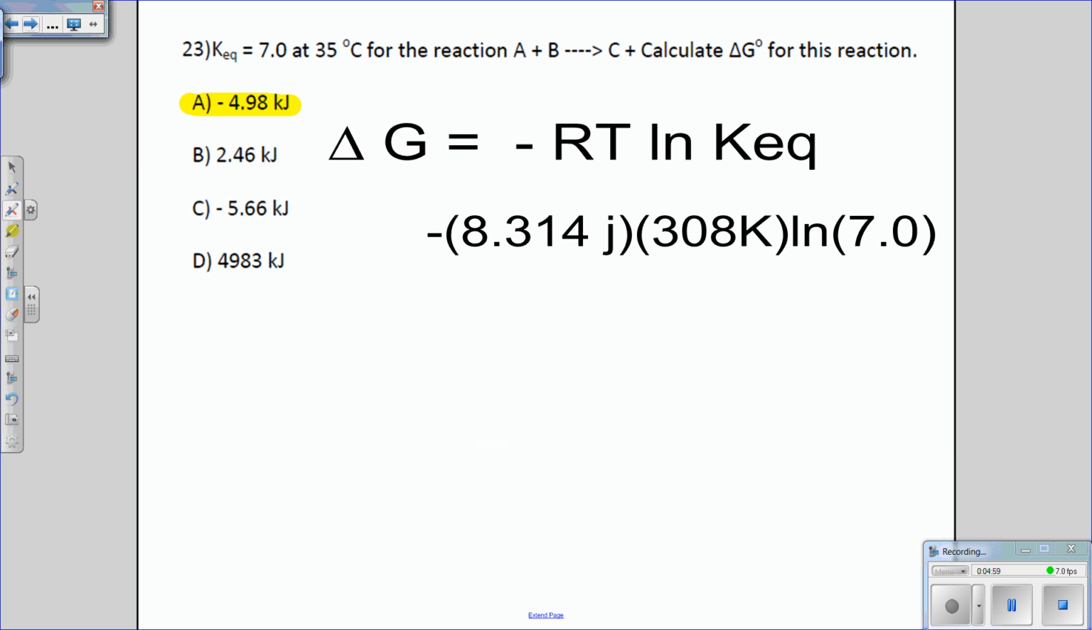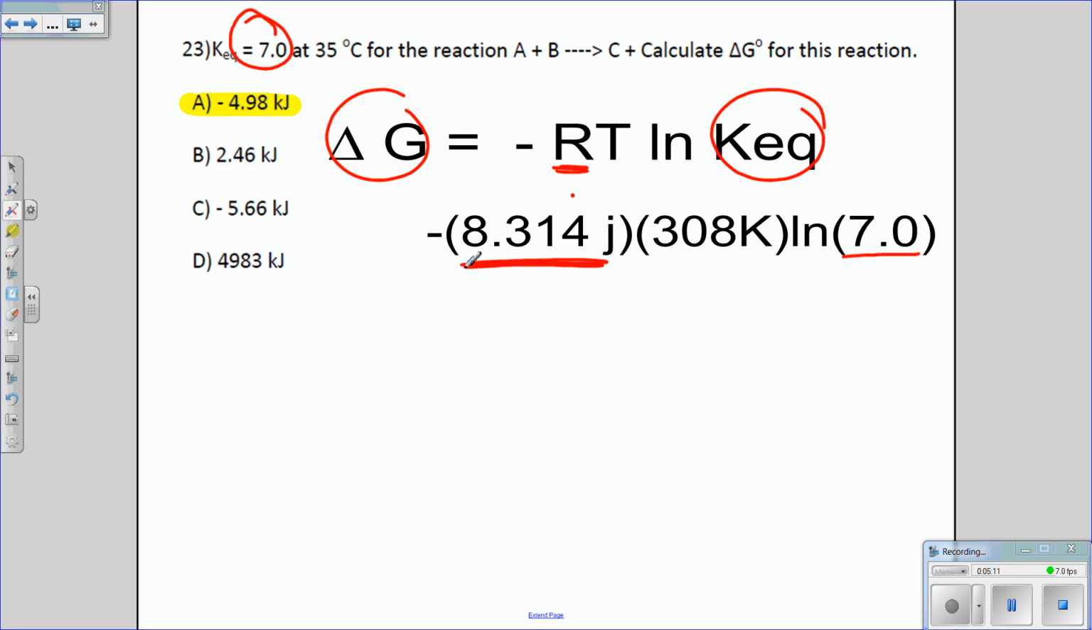This is the formula for the relationship between equilibrium and delta G. In this case, I give you the equilibrium value, 7.0. I plug it in there. R, it is a different R. That's where most of you are making your mistakes. This is the R for heat, 8.314 joules. T is temperature. They tell you what it is, 35 degrees Celsius, so you get 308 Kelvin. You pop that in. When you do your calculations, you end up getting